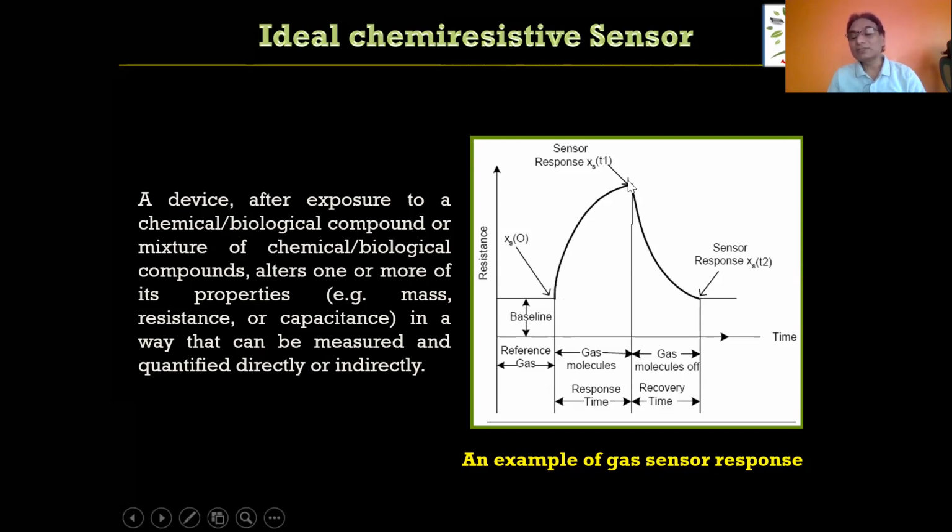Okay, and then once you remove your gas analyte, again there should be perfect recovery. Let us say आपका यहाँ पर था, let us say 1K. After exposing your material to, let us say, 10 ppm of CO, the resistance increased from 1K to 10K. जब आप पहले कितना था, 1K था, 10K तक रेजिस्टेंस इंक्रीज हुआ.